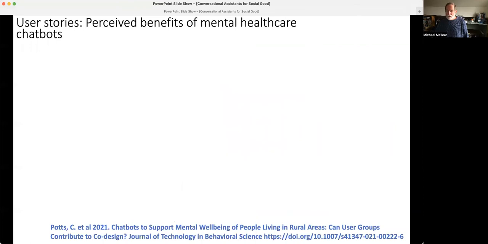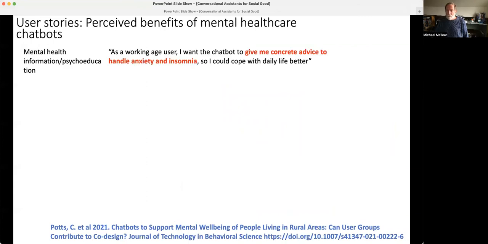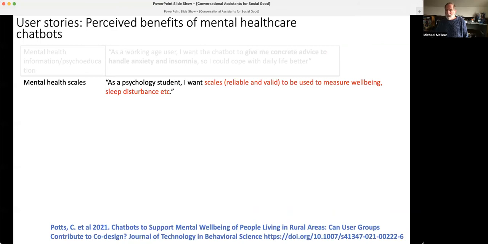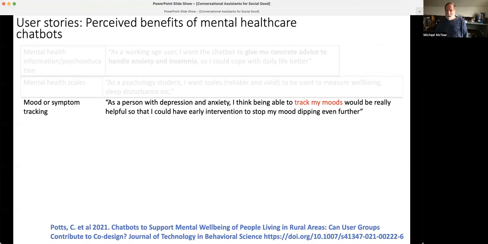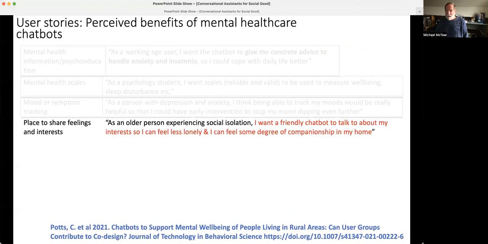Then the users, we had interviews with the users, and they produced what we would call user stories. So, for example, that the chatbot would be useful to give concrete advice for how to handle anxiety and insomnia. That it might be able to measure well-being and sleep disturbance, that it could track moods, that it be a friendly companion that the user could chat with about their interests, and so they feel less lonely,